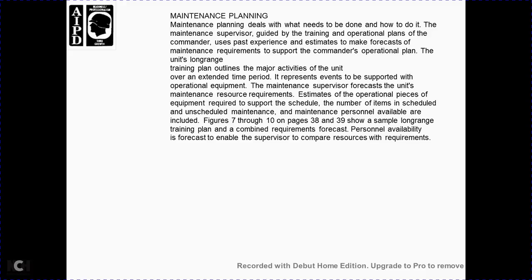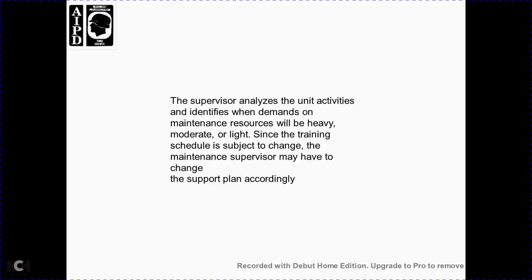the events supported by the operational plan. The maintenance supervisor forecasts the unit's maintenance resources, with the equipment estimate from the operational plan for the equipment required to support the schedule, the number of items, the scheduled and unscheduled maintenance, and the maintenance personnel available. These include figures 7 through 10, on pages 38 through 39, which show the long-range training plan with requirements forecast and personnel availability. Forecasting enables the supervisor to compare the resources with the requirements, supervise and analyze the unit